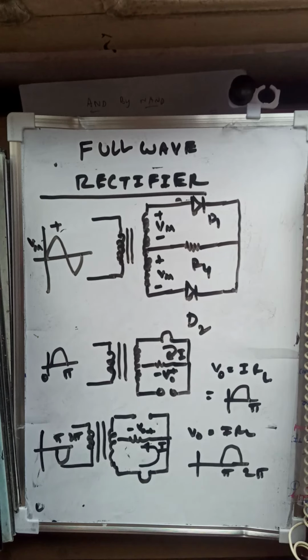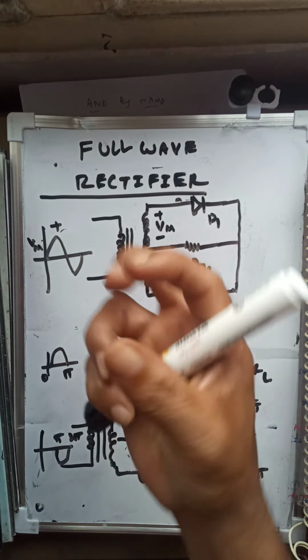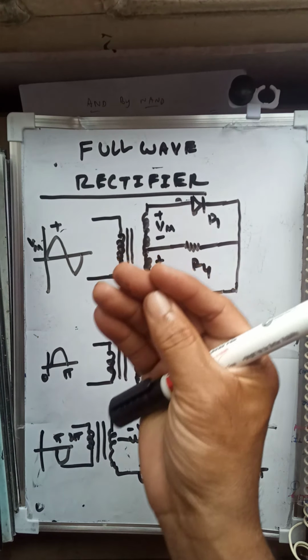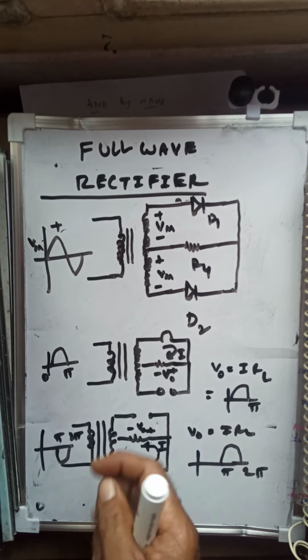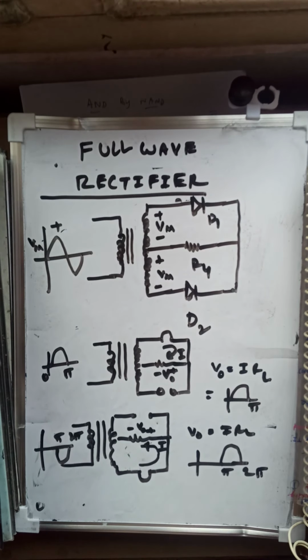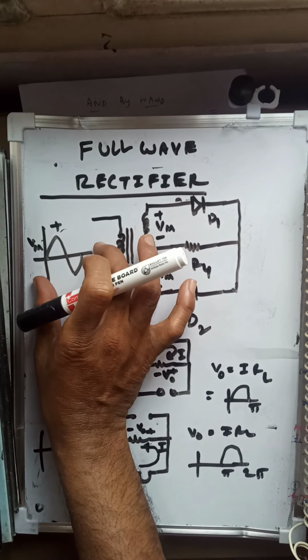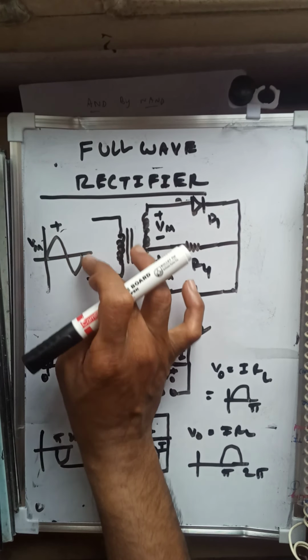So today, this operation explains the fast means concept, the central idea of the full wave rectifier operation at a glance. That means in a fraction of a second we can extract the information on how that full wave rectifier is operated. So this is the transformer section, and this is the input: 0 to pi is the positive swing, and pi to 2 pi is the negative swing.